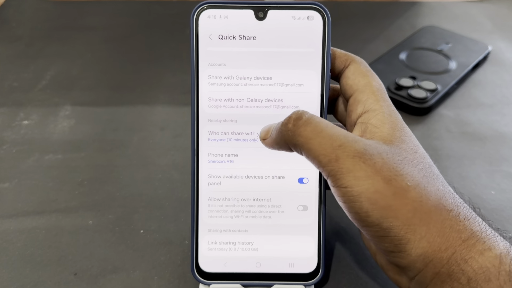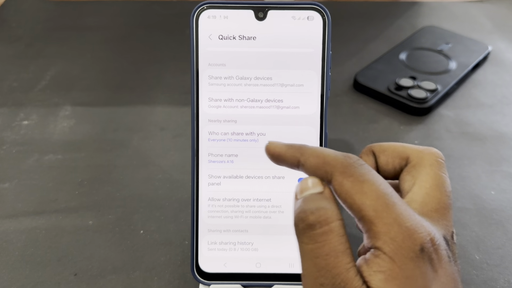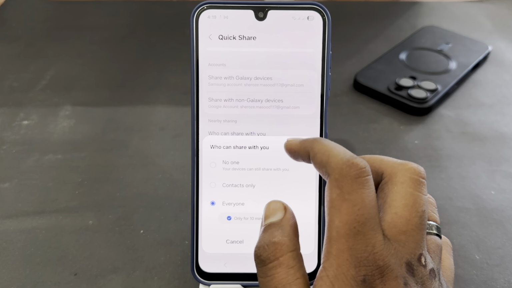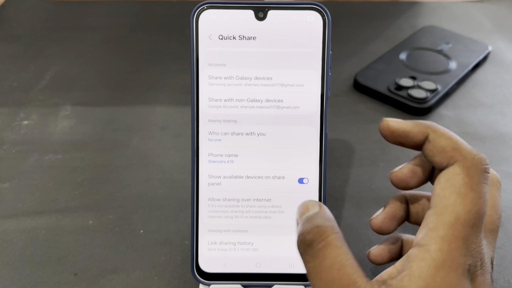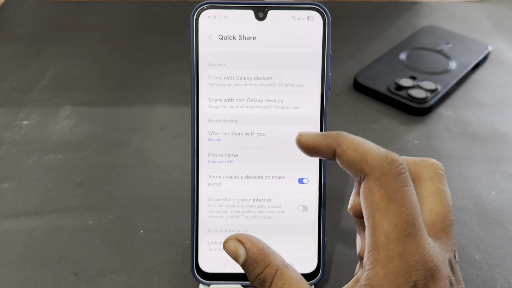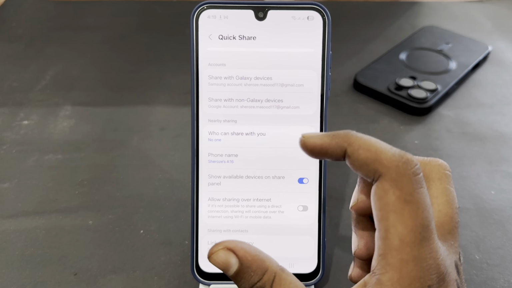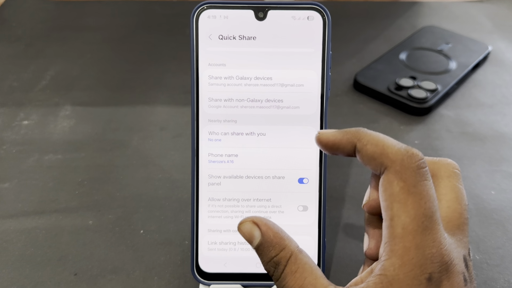From here you just have to look for Who can share with you. Just tap on it and then tap on No one. Just select that and then tap on Done. In this way you can easily disable Quick Share, but if your phone has any option of Visible to all